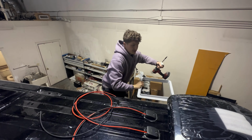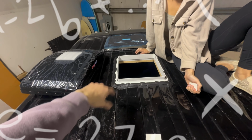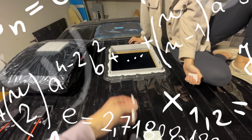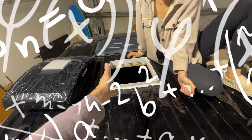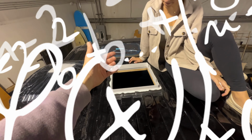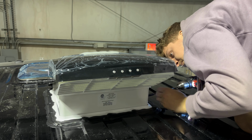Okay. So, we already have our fan cut. This is a very easy cut to do. 14¼ by 14¼, install the ring, get these little shims from Van Life Outfitters, pop them in there, glue them down, install the actual trim ring, do the decor, let it dry. Then you get to install the